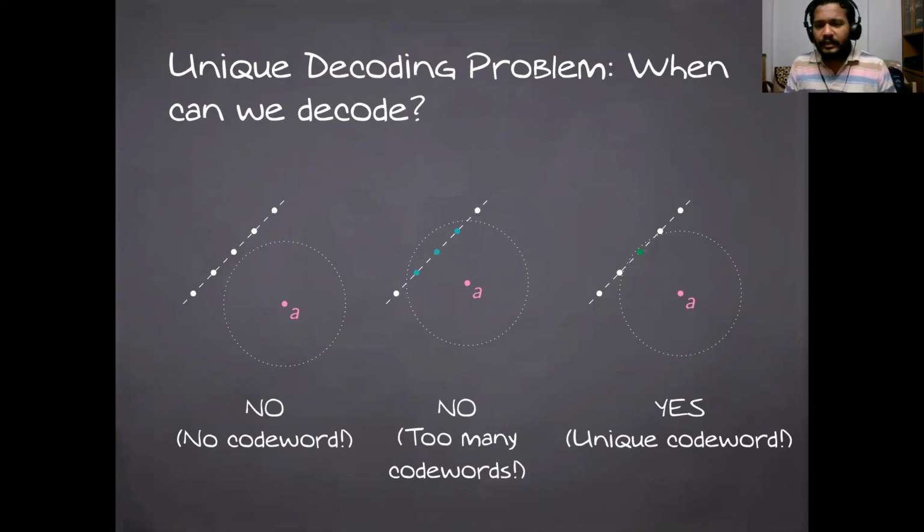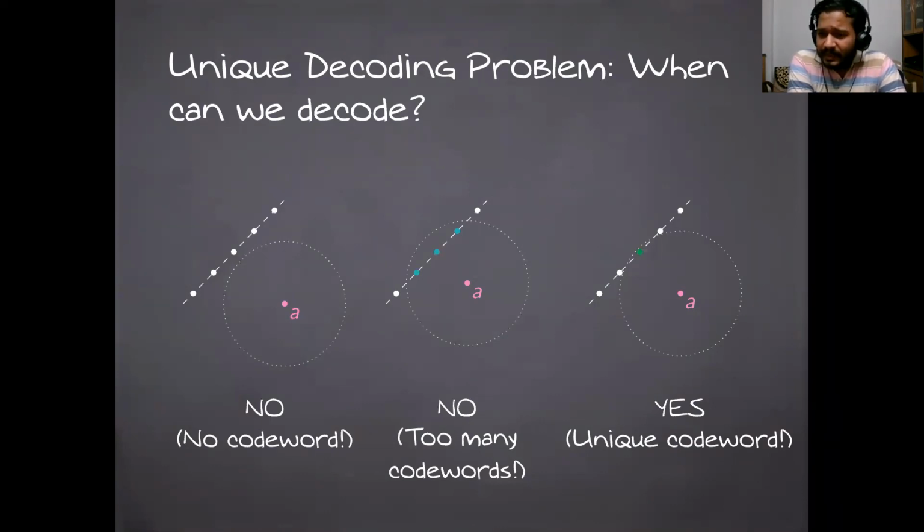So what we do here is we take the corrupted word A, and with respect to the Hamming distance, we take an open ball of a certain radius. What is the radius that we should consider? We will determine in a little while. But assuming that we know what this correct value of radius is, there are three possible cases that could arise. One is that the corrupted word is too far away from the code. There is no code word that is at a reasonably close distance from the corrupted message. In which case, what we would like to conclude is that the word has been corrupted too much and decoding cannot be done.